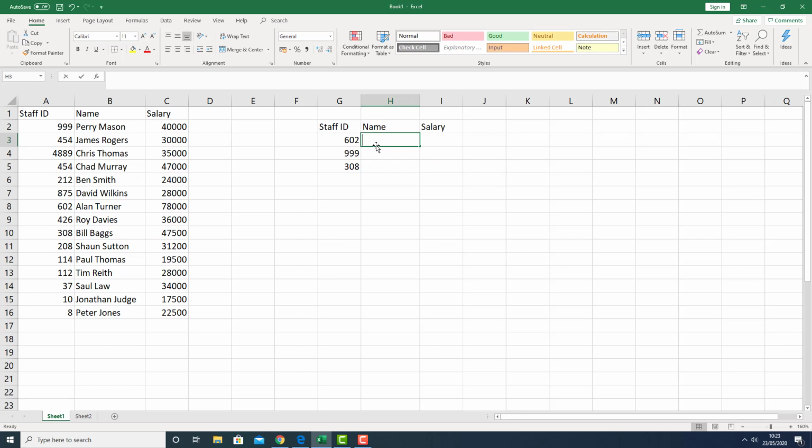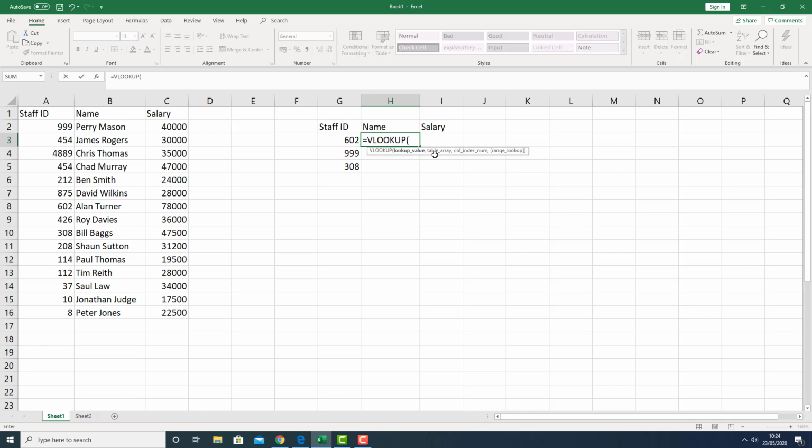So, as usual, to get a formula going in the cell, VLOOKUP. V just stands for vertical lookup. What I want to do is find this staff ID 602, and I'm going to find it in here, and the formula is going to look vertically until it hits 602. I like to type VLOOKUP, hit tab, and then it fills in the rest. And Microsoft Excel is helpful in that it gives you some pointers about